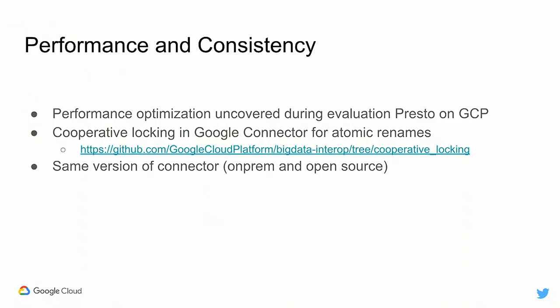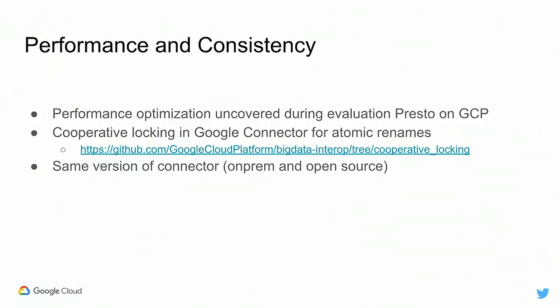Apart from that, we have other teams who are also evaluating a lot of things on GCS, for example, Presto. They discovered a lot of performance improvements, which translated into changes both at our end, in the open source Presto community, and also in GCS. So this was a very good collaboration. There will be some blog posts as well.